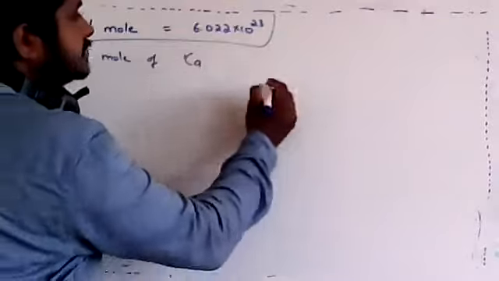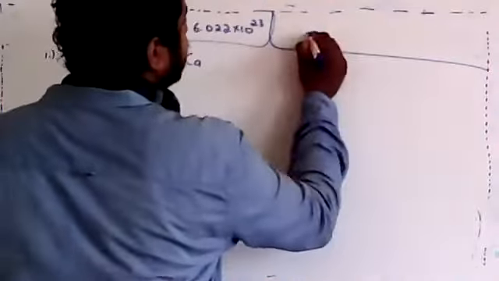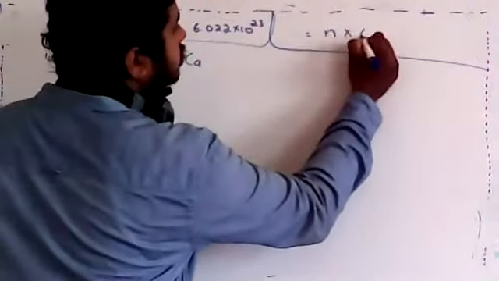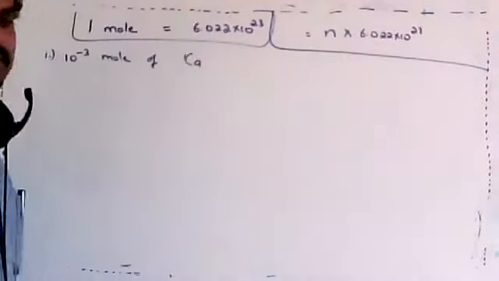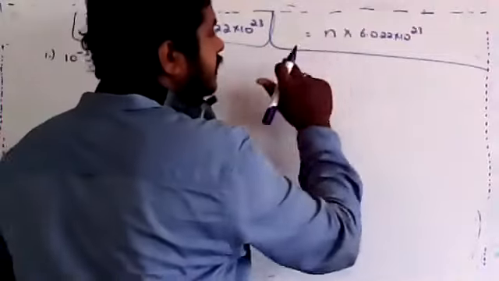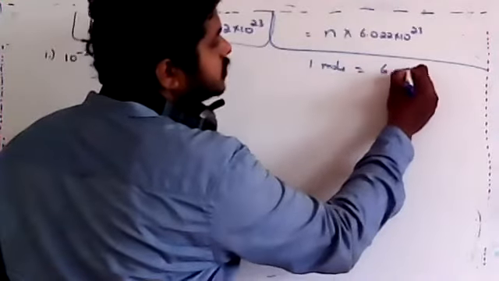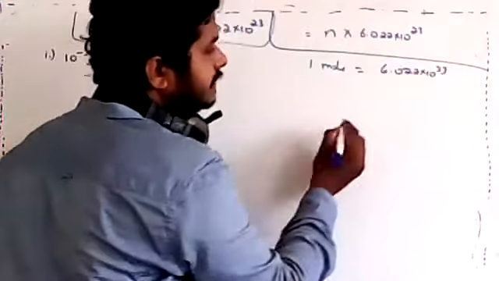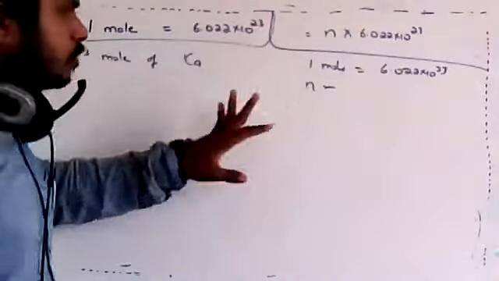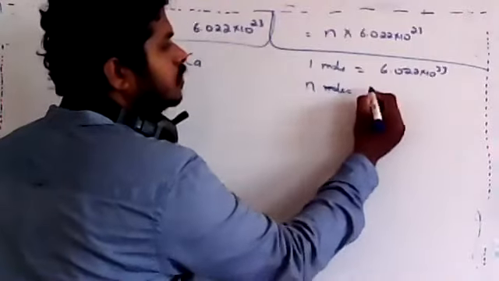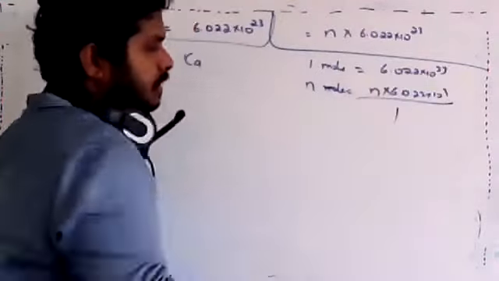Yesterday I gave you one simple hint. Whenever you are finding the number of atoms, it should be n into 6.022 into 10 to the power 23 of that atom. That will directly give the answer. Why is it n here? The reason is this: 1 mole of anything is 6.022 into 10 to the power 23. Then n moles of anything, n can be any number, it could be 1 or 10 to the power minus 1, anything. So n moles will be equal to, cross multiplying, n into 6.022 into 10 to the power 23 divided by 1. So 1 is neglected here.